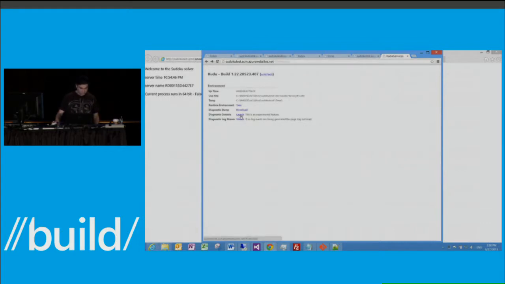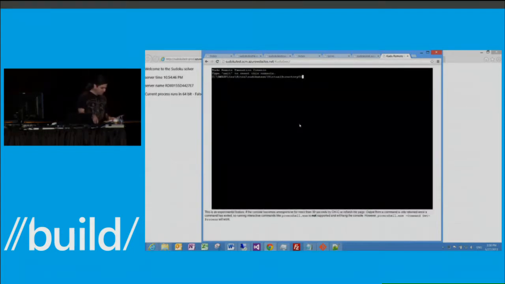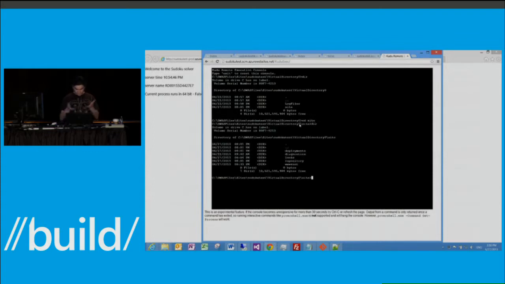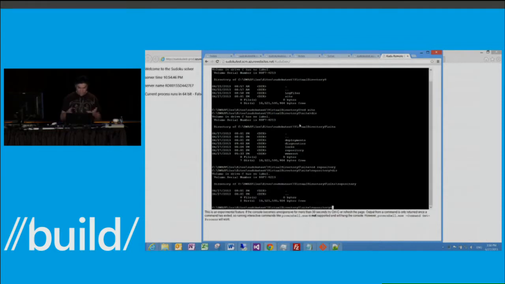And there's another cool stuff, which is kind of a console. It's not exactly a console, but it's kind of a console. But I can do there and see my site. So this is the site. Let's actually go to the site itself. Here's the site. I can see my deployment and my diagnostics. I can actually go into my repository. I hate typing this. And there's not a lot over here, but there's a lot of stuff that you can actually do